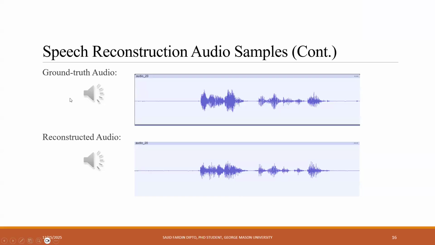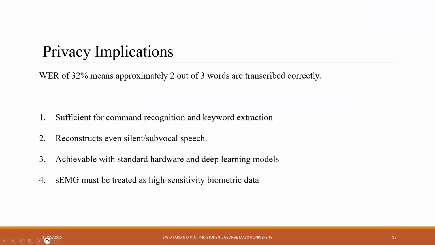Yeah, okay. So for the ground truth audio, if I play this, I myself heard nothing of that. And if I play the reconstructed audio, I myself heard nothing of that. So the reconstructed audio is generated from EMG data, so we cannot actually tell the difference. Those are the same. So about the privacy implications,